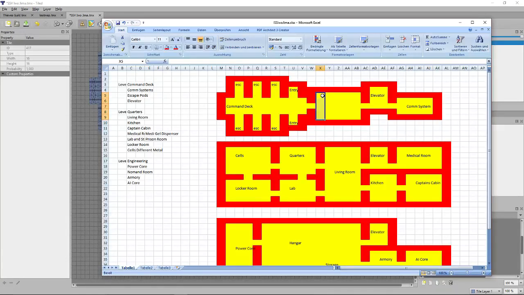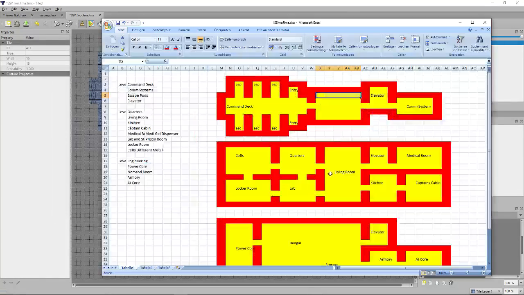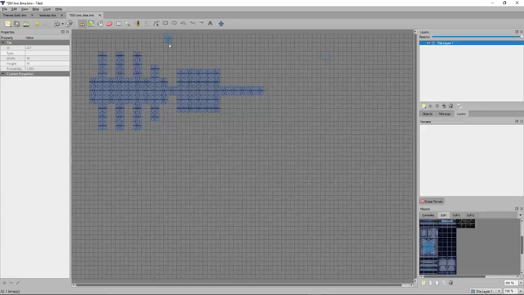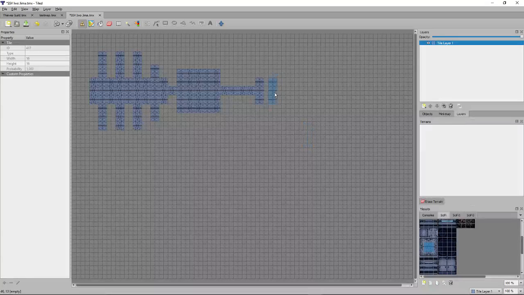And that goes over 5 times. Then we continue on with 5, and another 5. Okay, this was already one too much, but it doesn't matter. We can just expand it like this, and then 4, and 4. And lastly, we need the elevator,